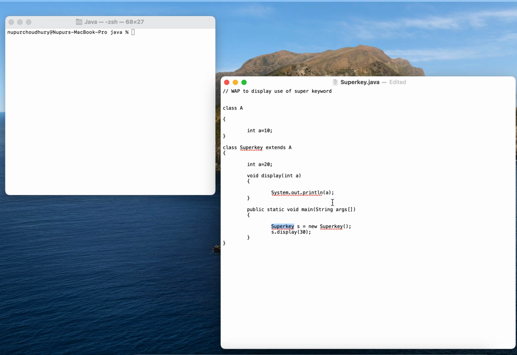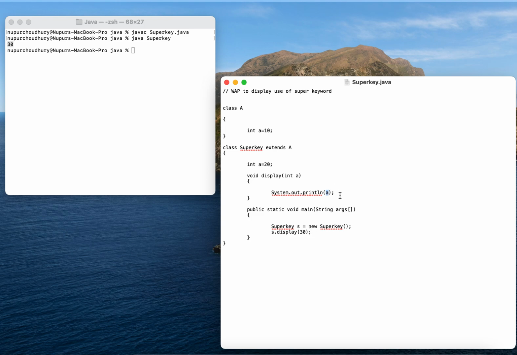Okay, now I will save this and compile it first, so there is no error. I will now execute this. Since I'm passing 30 as an argument here, this value will go here and ultimately it will be printed using this particular statement.